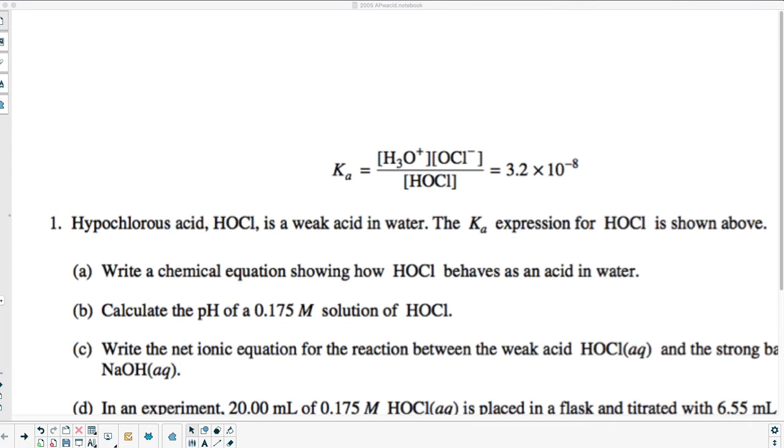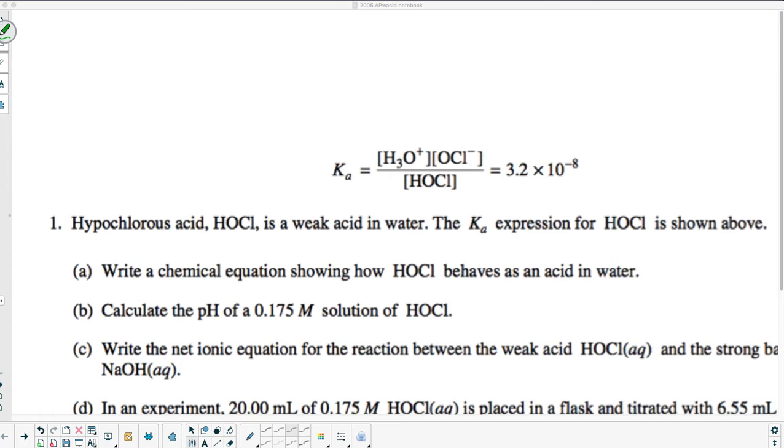Hey class, this is the AP Chemistry problems for Chapter 16, the ICE problem, so let's get right to it. Here we have the Ka expression written out for us, 3.2 times 10 to the negative 8th as the Ka. I'm going to do one thing first. I'm going to go through,